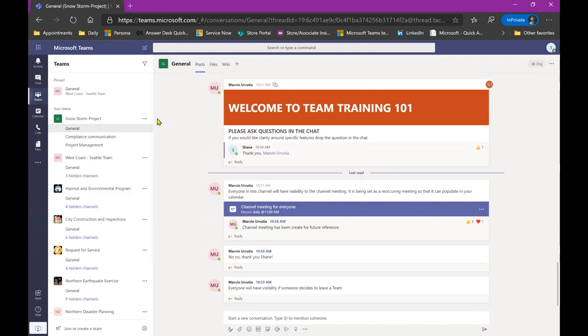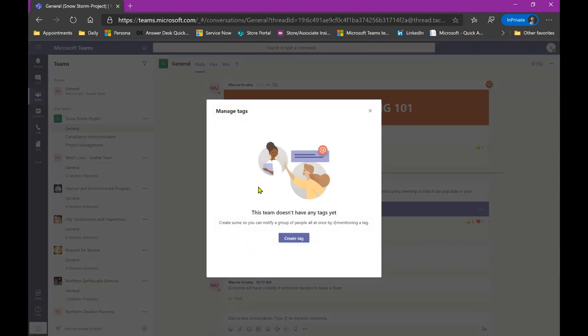And that way you don't want to leave teams lightly, essentially. You can't secretly leave a team. You only want to leave a team if it's genuinely not relevant to you anymore. You can also manage tags of the team, which basically